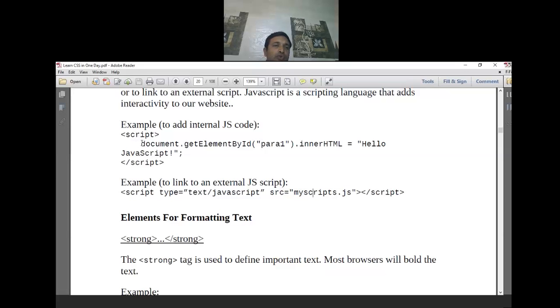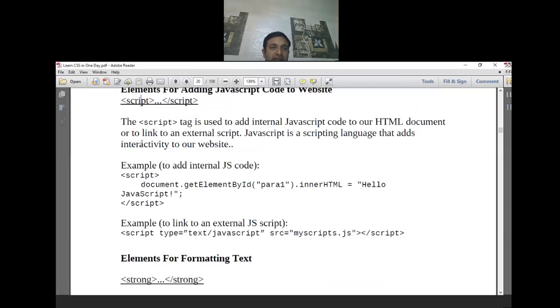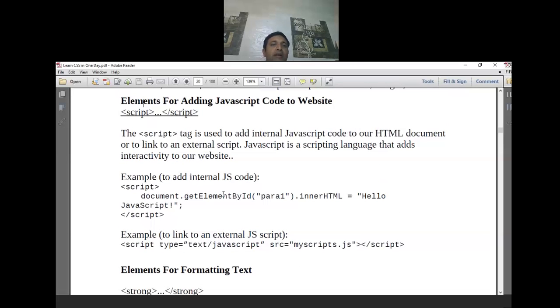Otherwise you can also put this code inside the script tag, like document.getElementById para1. So you can define the id and then you can use dot innerHTML hello JavaScript like that. So this is the way you can put scripting into a script tag.